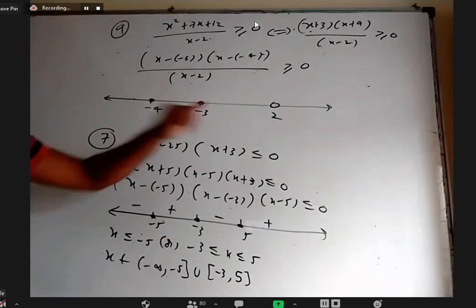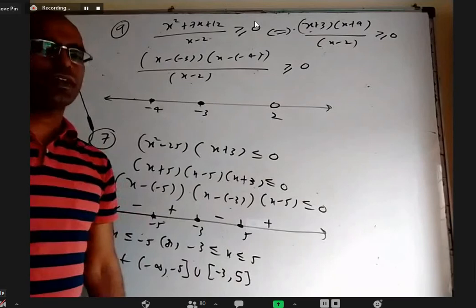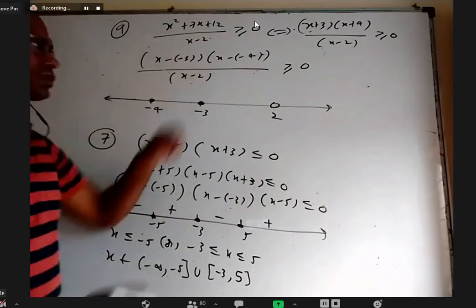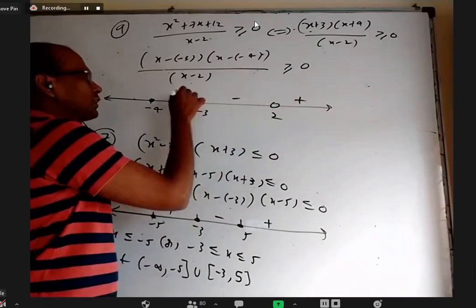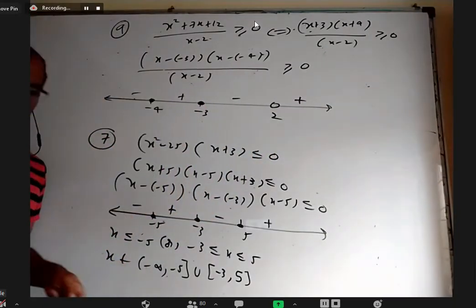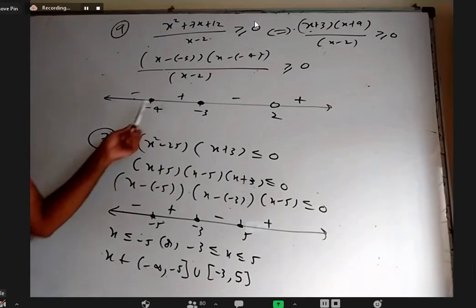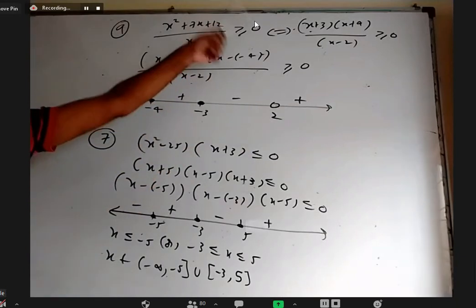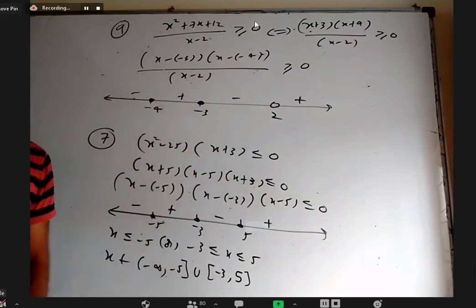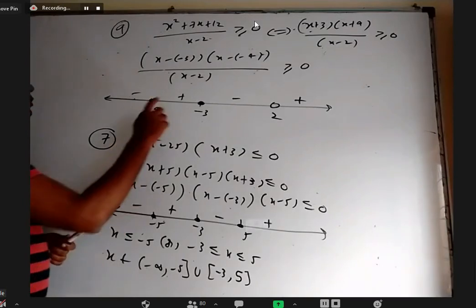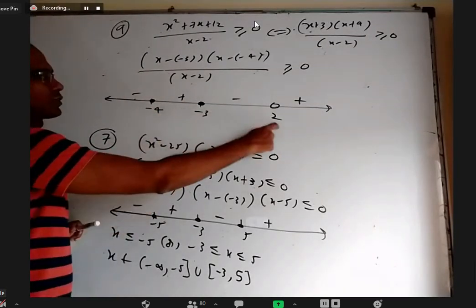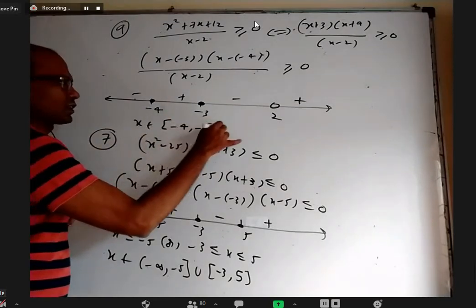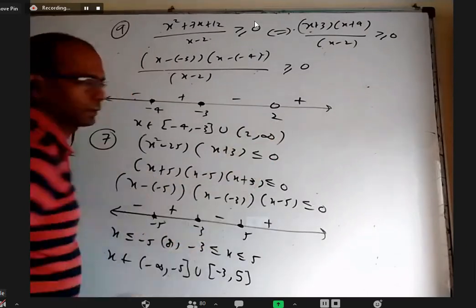Positive, negative normally. You take any number more than 2, for example 3 or 5 or 100. This is positive, this is positive, this is positive. Positive into positive by positive will be positive here, alternately negative, positive, negative. The positive-negative part is as usual, but which number is to be included and which excluded? Wherever numerator becomes 0, fine. Wherever denominator becomes 0, those numbers should be excluded. Now we want positive, so this one and this one, including these two, excluding this. So x belongs to closed interval minus 4 to minus 3, union open interval 2 to infinity.